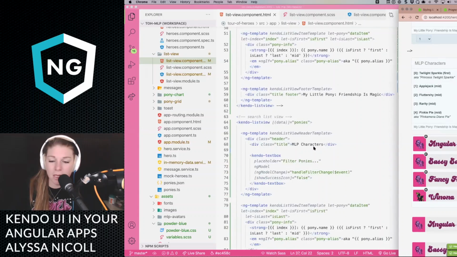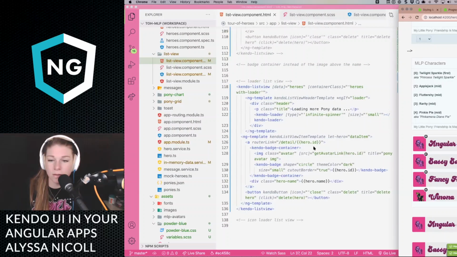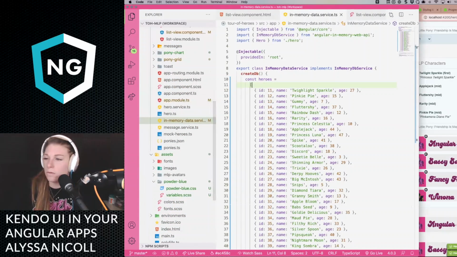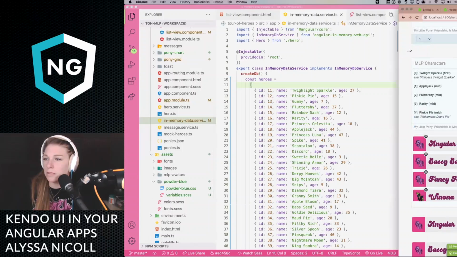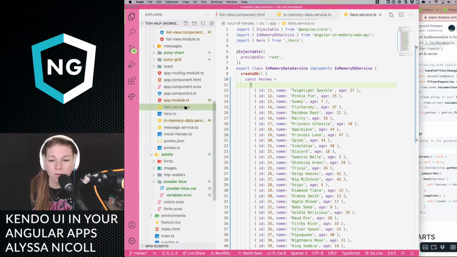Okay. So what were we doing? Loading. Oh, right. It's kind of hard to see because it's so quick. So we're going to go into, let me think about it, which file do I need? I think maybe our service. Oh, no. Yeah, the hero service.